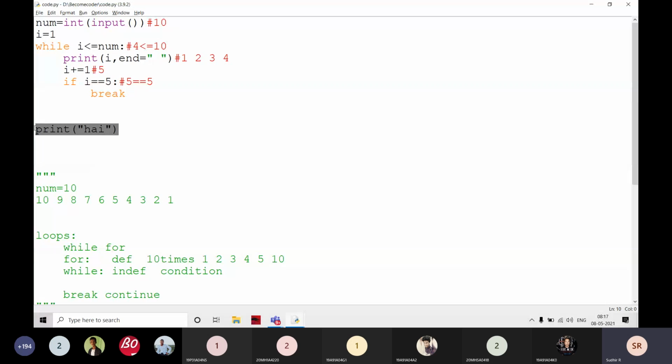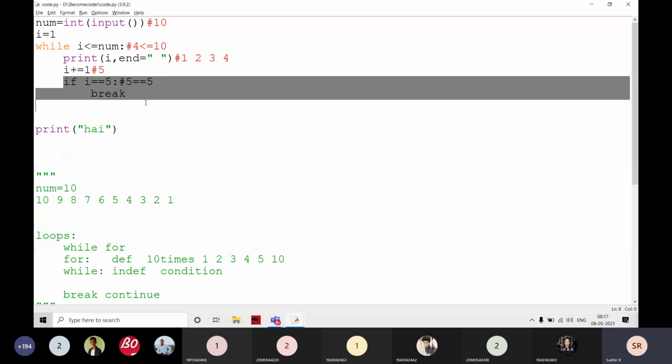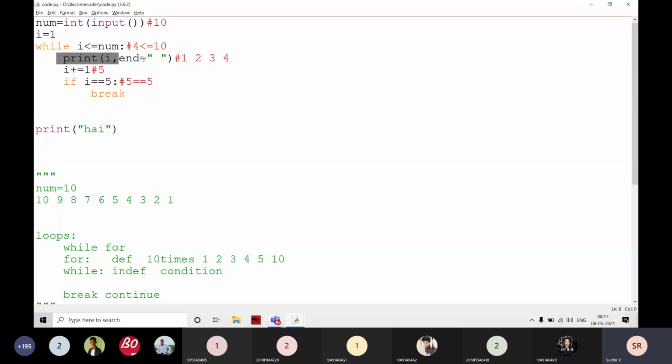Now I want that output to include 5 also. The same thing, I am going to write if i is equal to 5 only. Just listen carefully. I want to check that i is equal to 5 only. These are the 3 values. This is step 1, this is step 2, and this is step 3. I want 5 also. Where do I have to write it? I have to use only these 3 blocks.